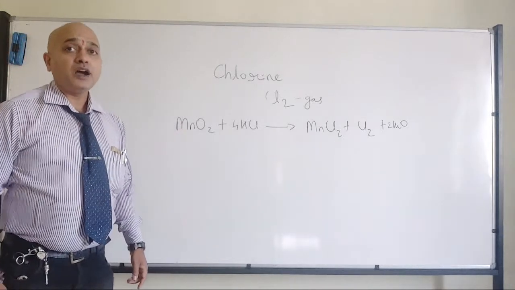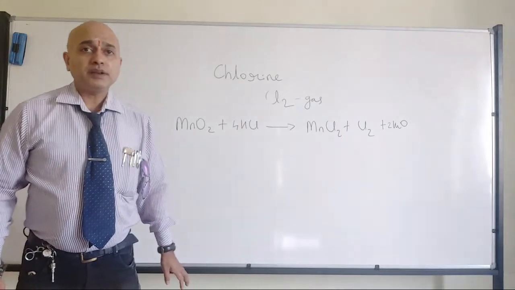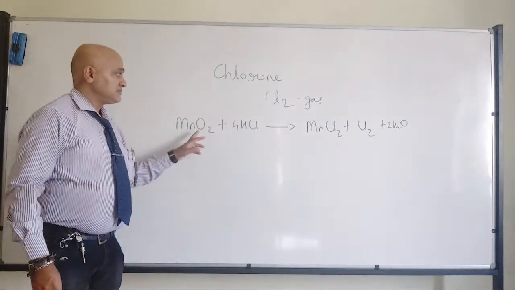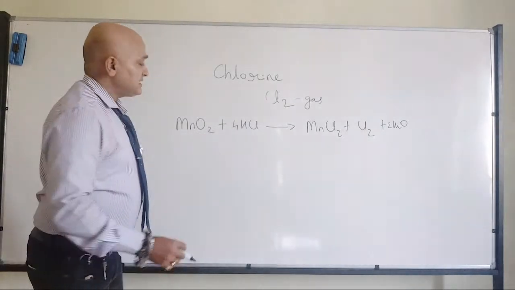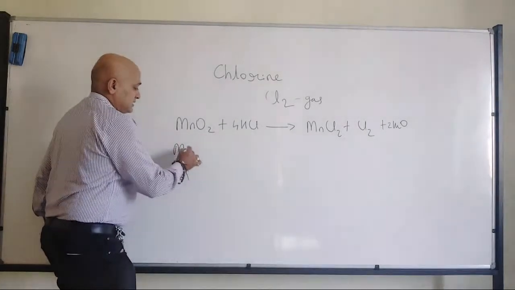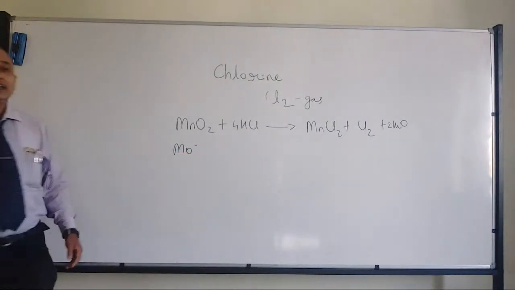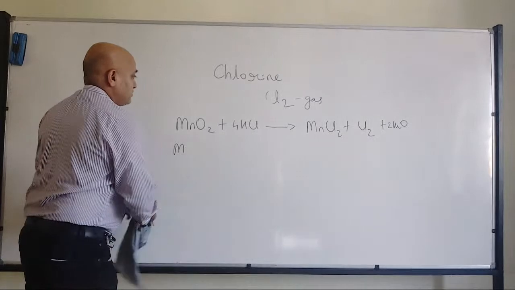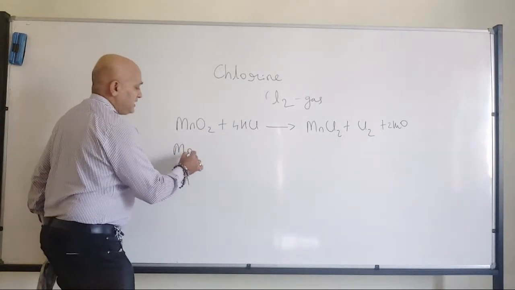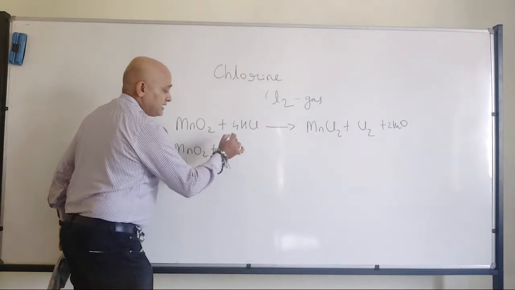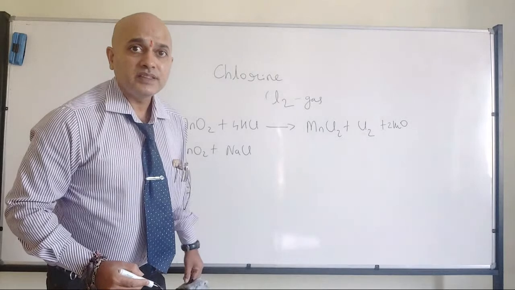Laboratory preparation of chlorine gas. That is nothing but laboratory preparation of chlorine gas, that is by using manganese oxide and HCl. Now please remember, same reaction if you change the content. Now, I don't have HCl in my lab, what to do? Then MnO2, instead of HCl, we can go with NaCl